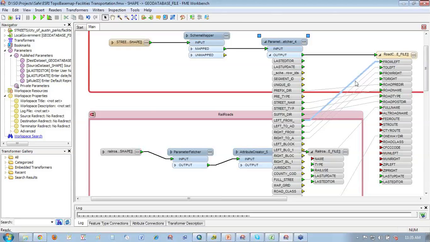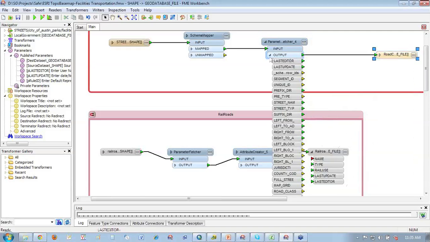When shapefiles, all the field names get chopped, so the left from underscore is actually the from left in the target data model, those sorts of things. I can review this and take a look at it and fine tune it, and I can also assess whether I really need some of these fields in order to make the map work correctly. Some of the fields are really important, like that road classification. Other fields, like an alternate road name, aren't really that important for the map purposes.